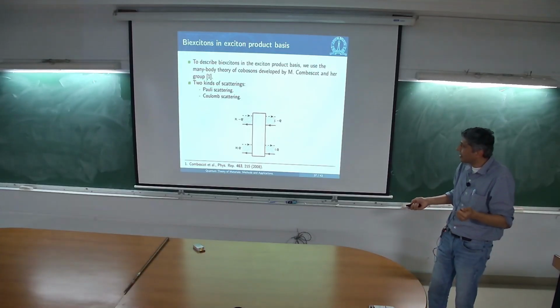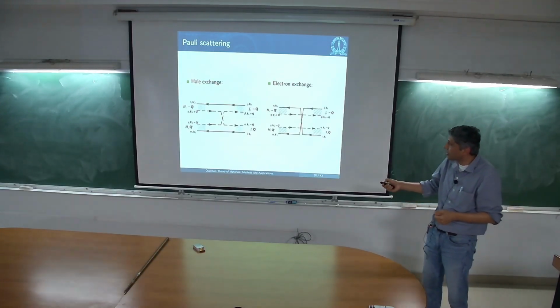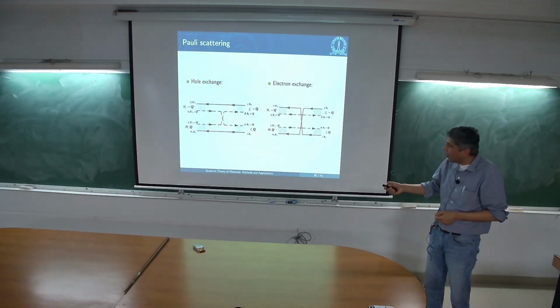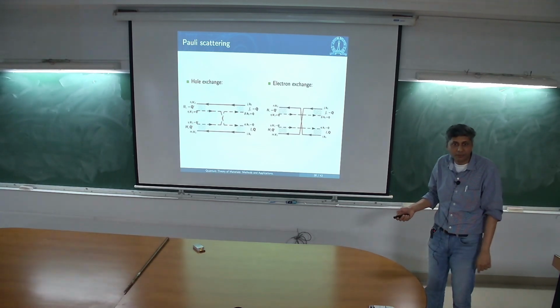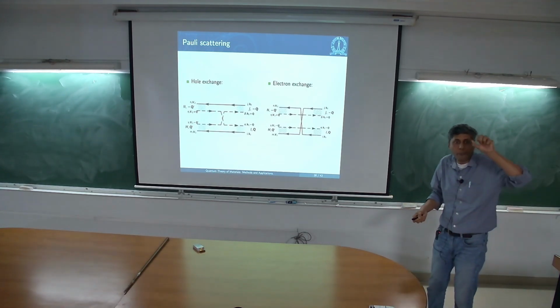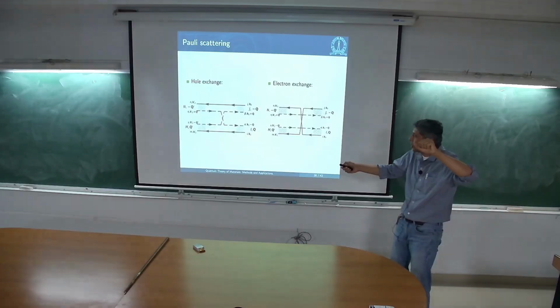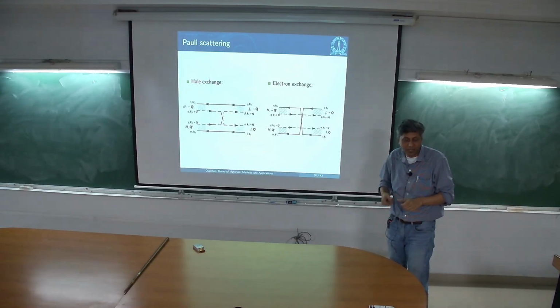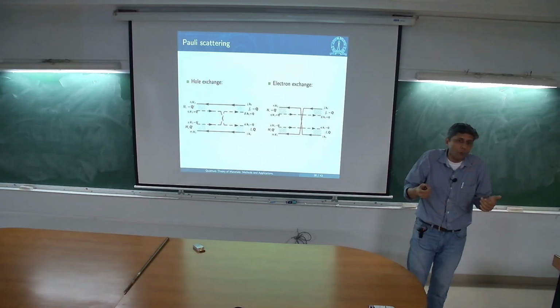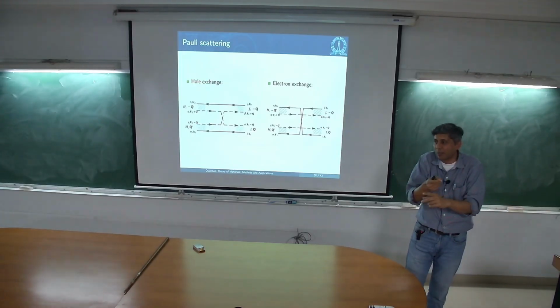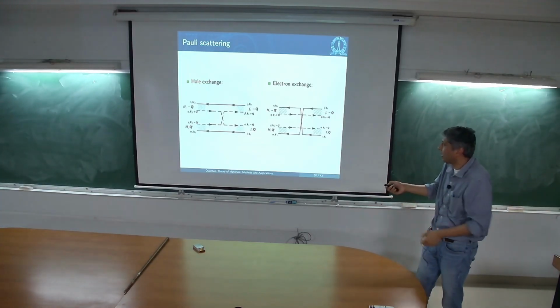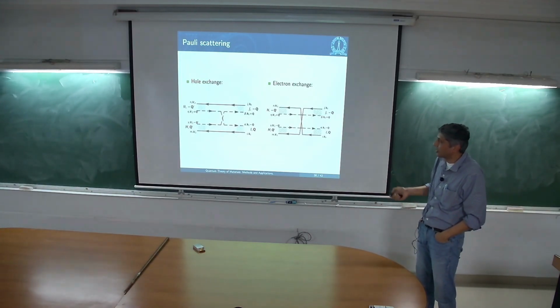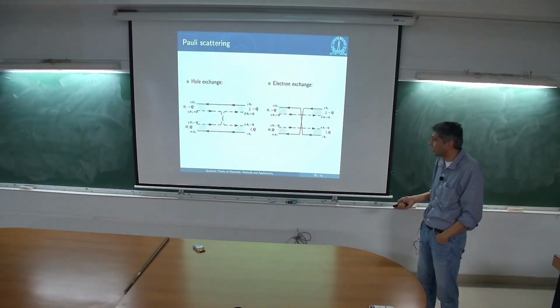So when I bring 2 excitons together, all of a sudden this electron and this electron can exchange. That is a process. Once I have formed an exciton over here, I need to make sure that I can account for such things happening. If I were writing in the 4 particle basis, I would have to properly antisymmetrize my wave function. That is essentially all it's taking care of. Similarly, the holes can exchange, and the electrons can exchange.